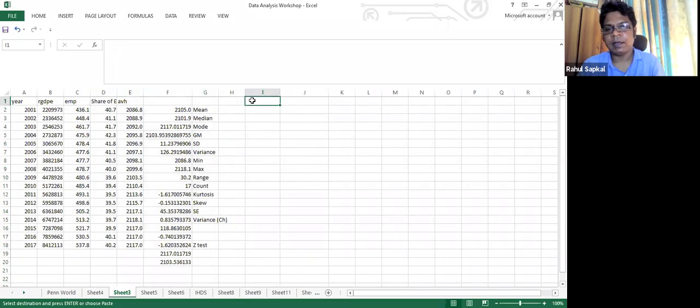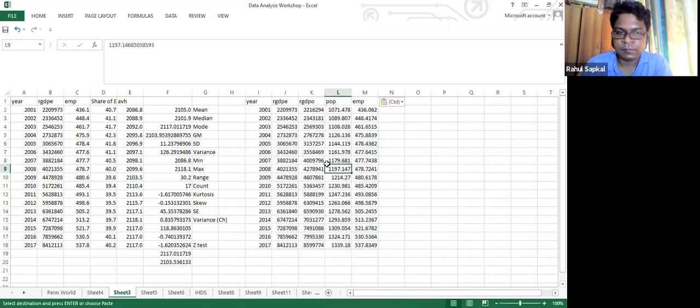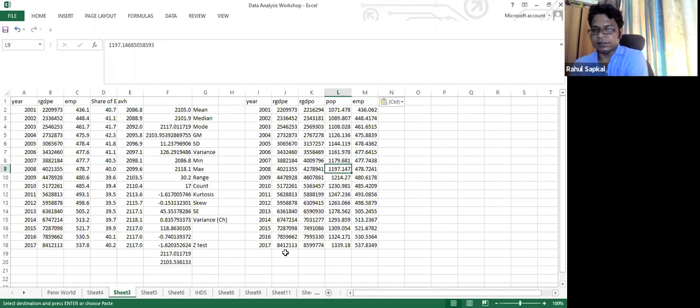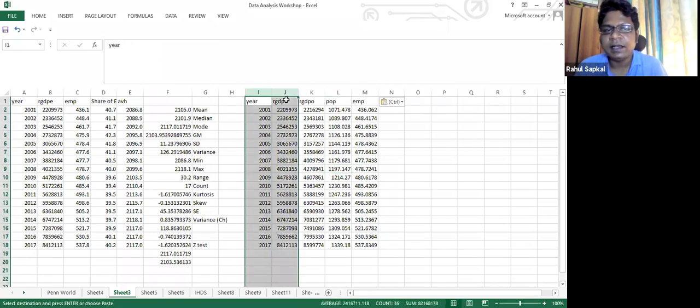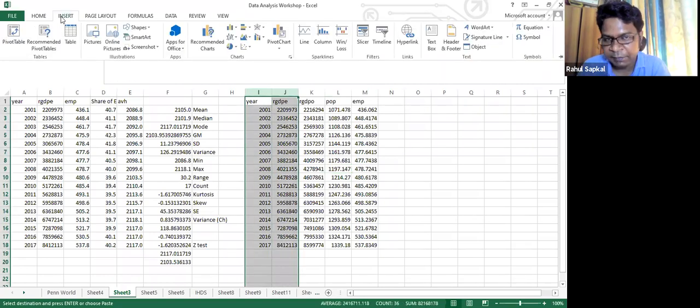So I have calculated them. I have brought it over here. I have already done the calculation, but I will do it with you also. So first one is to calculate the mean. Before that, you can actually see it is time series data. Data is changing with time. You can pick any variable. X-axis is my year, and GDP expenditure, my GDP figures, is my Y-axis. I can see the trend line. I can build a histogram. I can build a trend line.